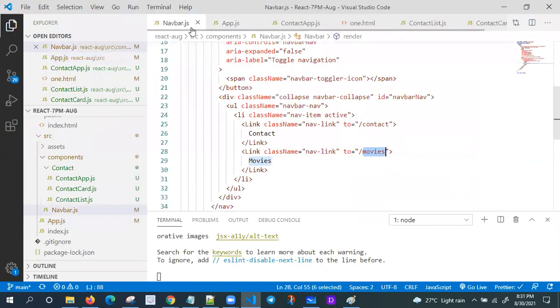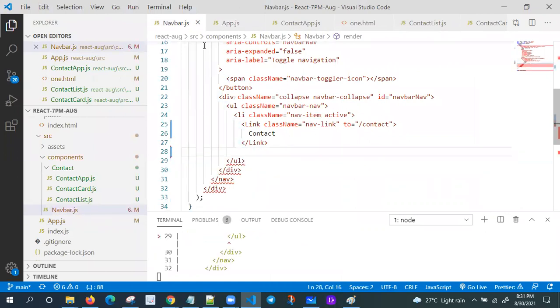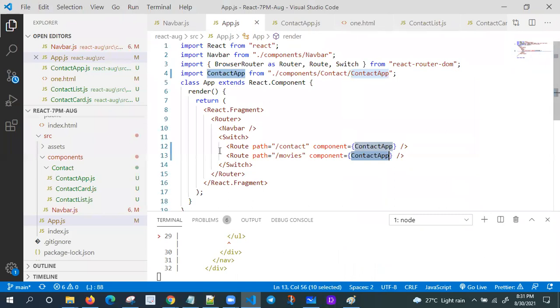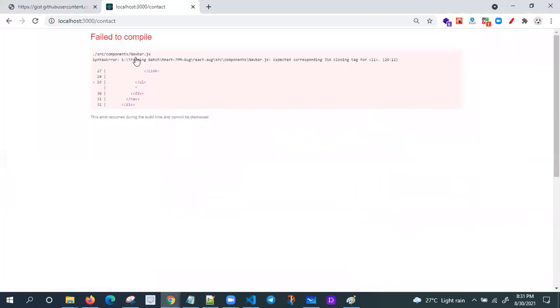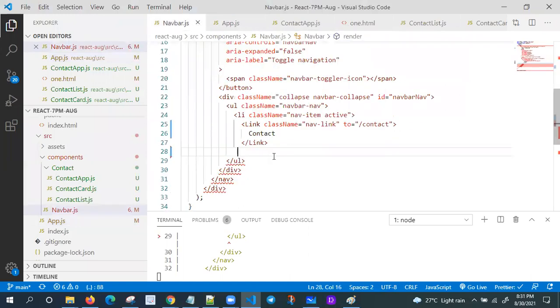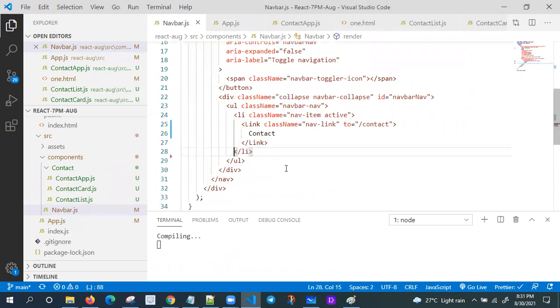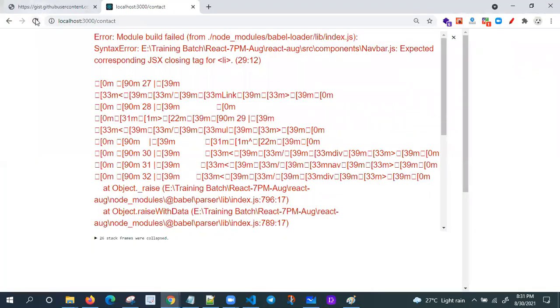Nasima, we can also write chatbots as well, right, with React? I think React is only for UI. You have to use some chatbot backend. So what is this? Link is missing somewhere. Here only, I think. Link tag, okay.